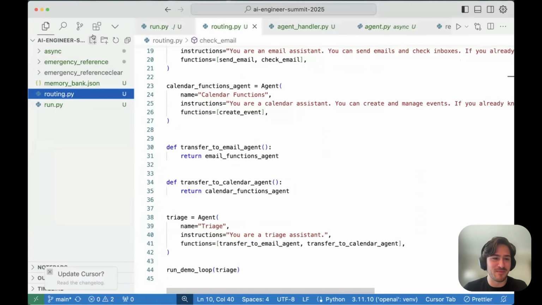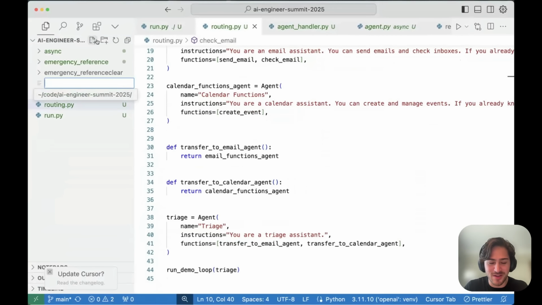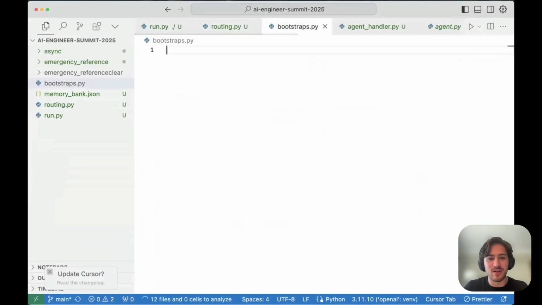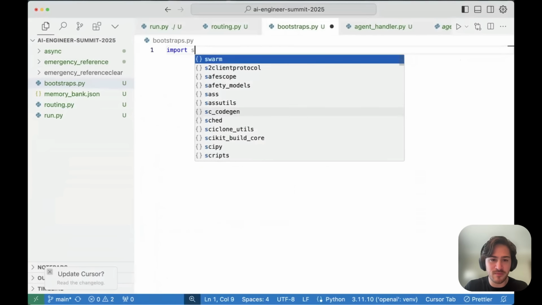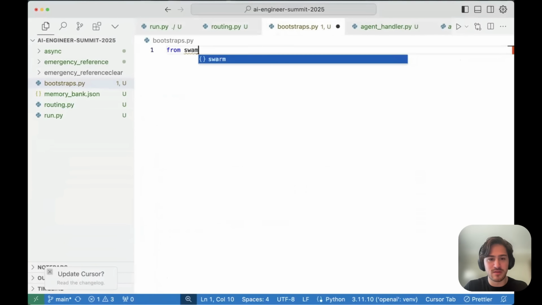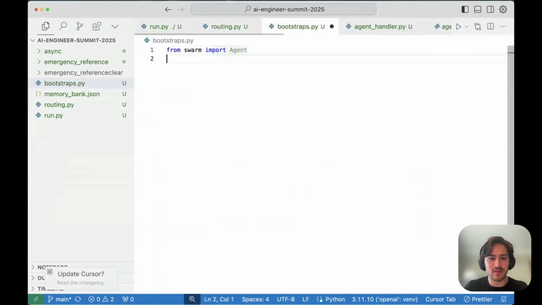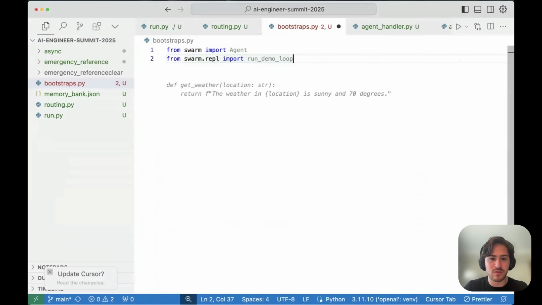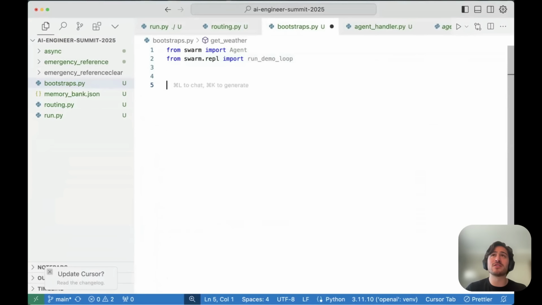So, okay. What do we call this? Like bootstrap. Okay, so I'll keep using Swarm because I will use handoffs from Swarm, import Agent. Cool. So now it's always weather. So let's see. We want an agent that writes its own functions.